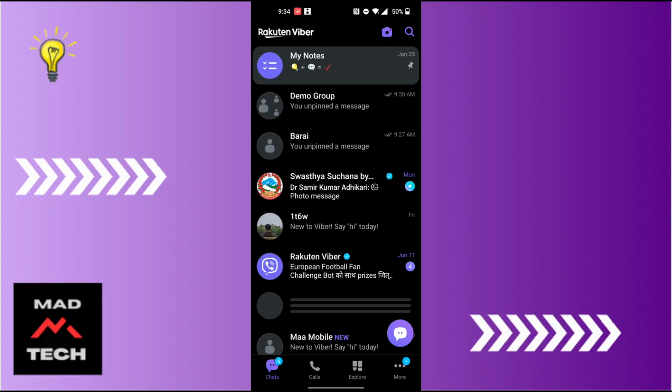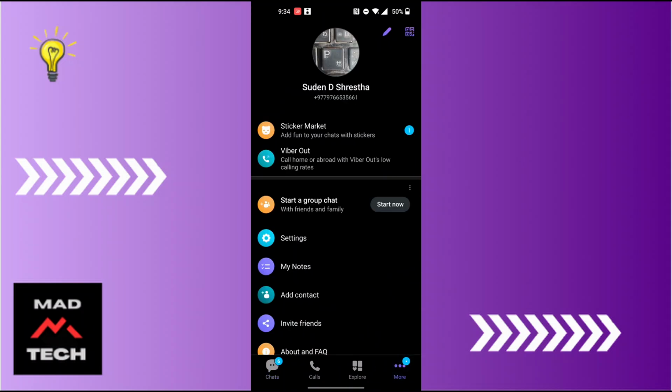After opening your Viber app, guys, on this interface at the bottom right corner of the screen, you can see there's a more button available for us at the bottom right corner. Tap on the more button at the bottom right and you'll land over here on this interface where, as you